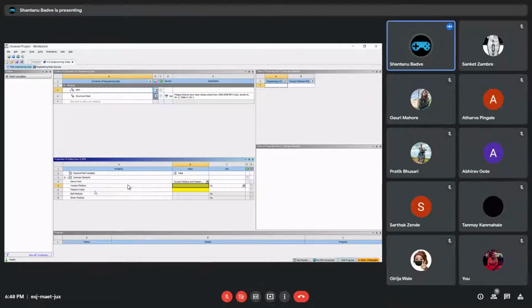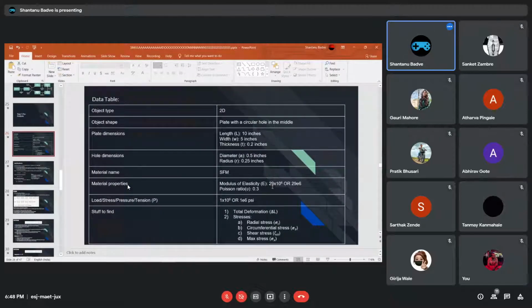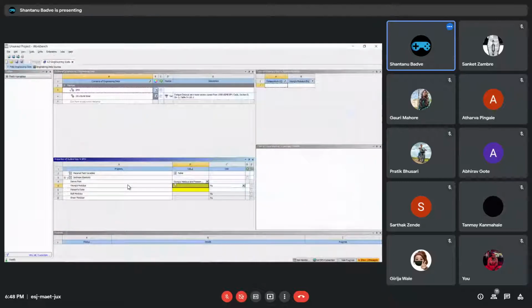So we will have to put the Young's modulus and the Poisson's ratio in here, right? What is the Young's modulus that we calculated? It is actually 29 into 10 raised to 6, or 29E6 in PSI. Okay, in PSI. I just forgot to add it back. And that is what we'll do. We'll just take here. We'll put 29E06.